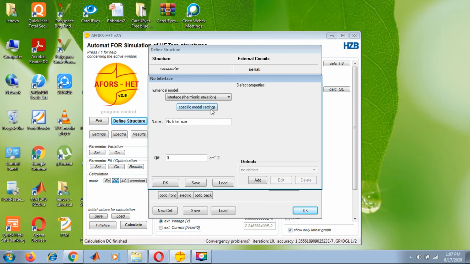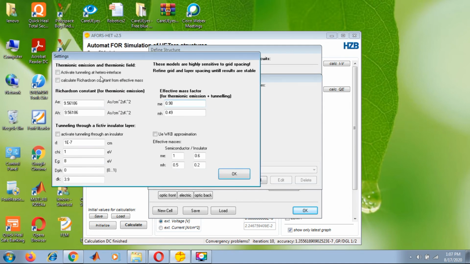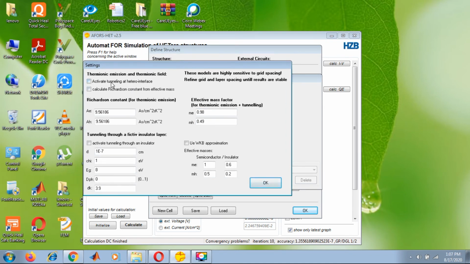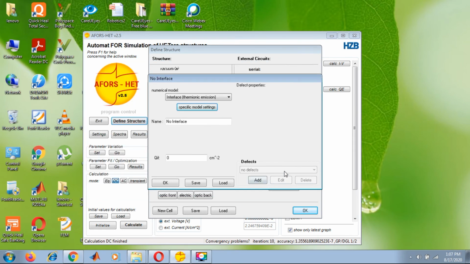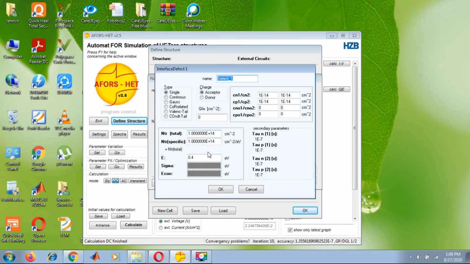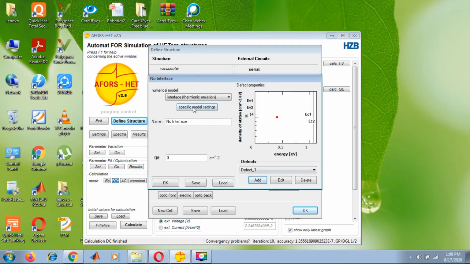In order to activate tunneling, we need to go to this. From here we can also add as many defects as we want. For such cell structures where the band barrier is very high, we need to have a very high defect interface. The interface will have defects of both the layers, the upper layer and the bottom layer.